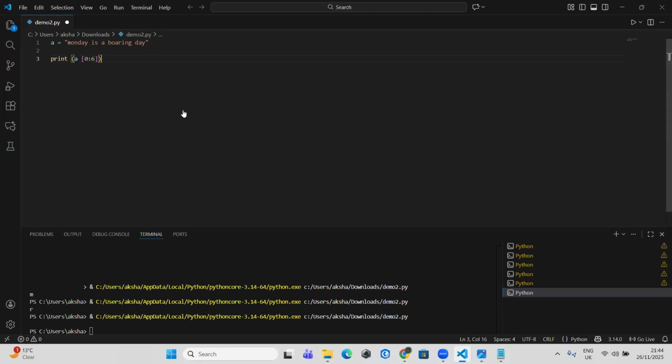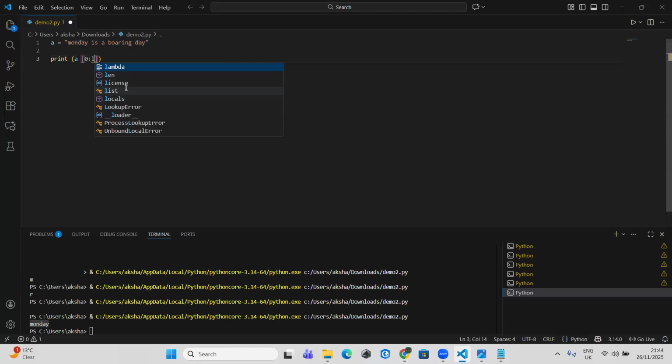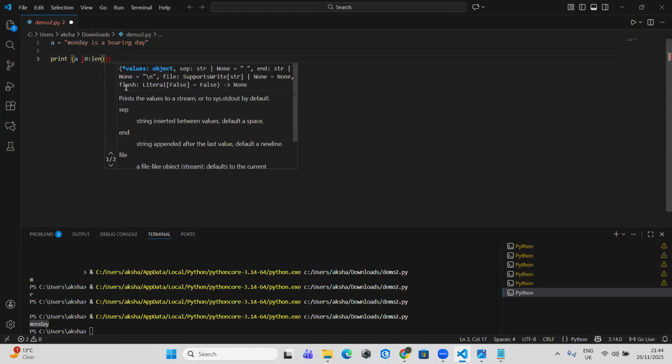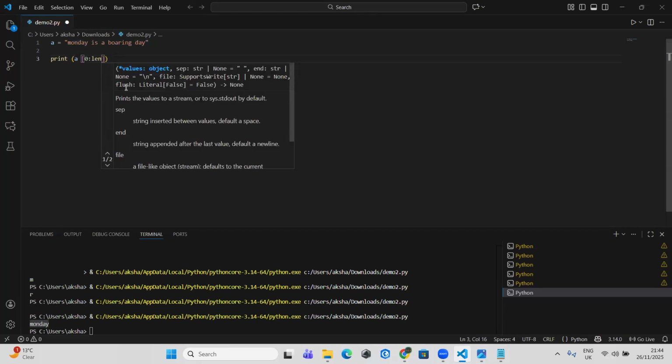So this time if I print this, it will give me Monday. Okay. So there is another way of maybe if I want to find the whole string. So we can also define it as maybe the length of the string. So in the length of the string,